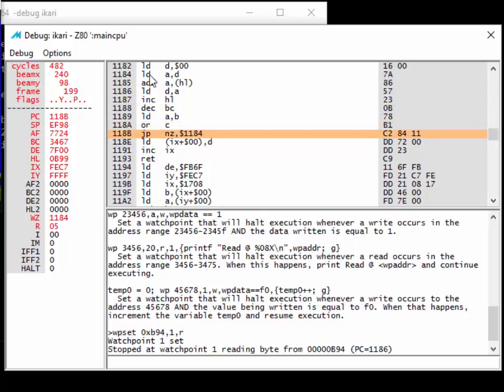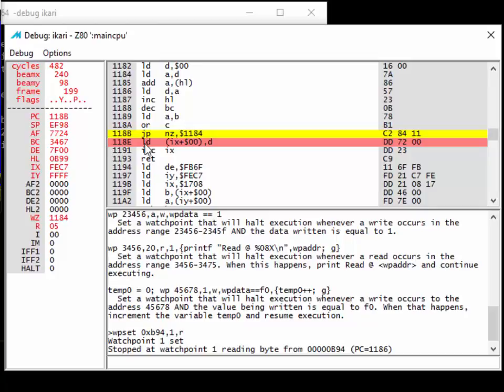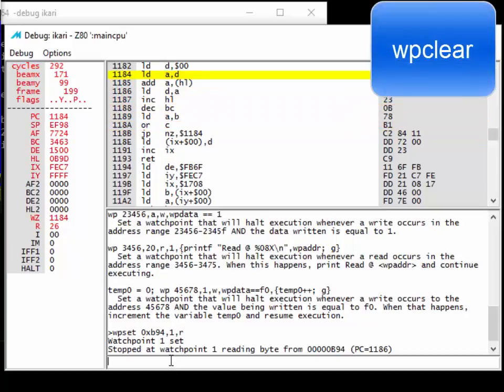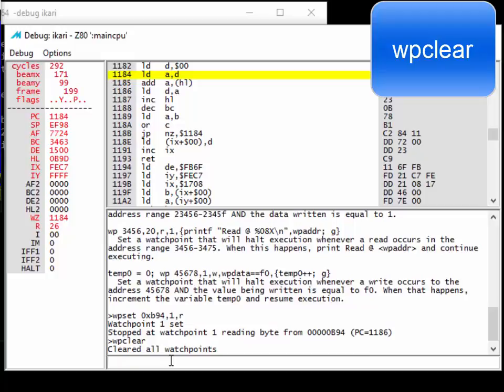But eventually, what's going to happen is it's going to be done reading all the ROM, at least in that bank, and it's going to get to this point. We actually want to get to this point now. Because if I keep hitting F11, it's going to do this for quite a while. There's a lot of addresses in RAM, or I'm sorry, in ROM. So let's clear that watch point. Let's do a WP clear. And then let's actually